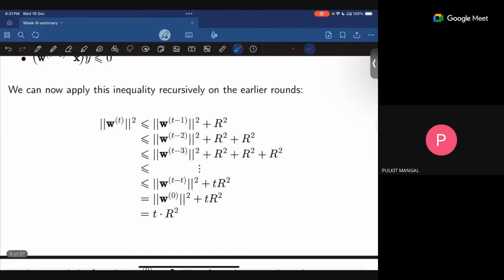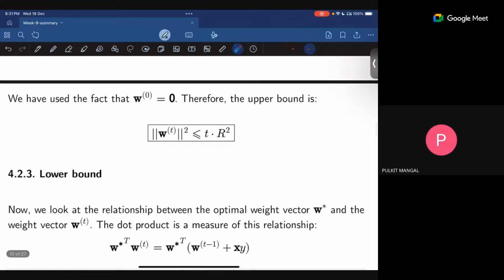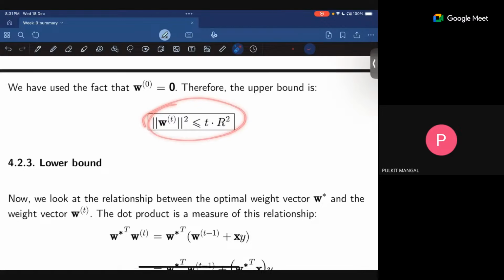Okay, in doubt? Okay, the final bound that we'll get, yes,